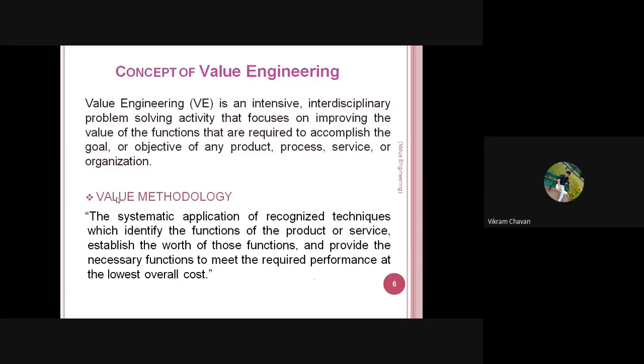Full stop. Then next, what is meant by value methodology, or how to apply the task